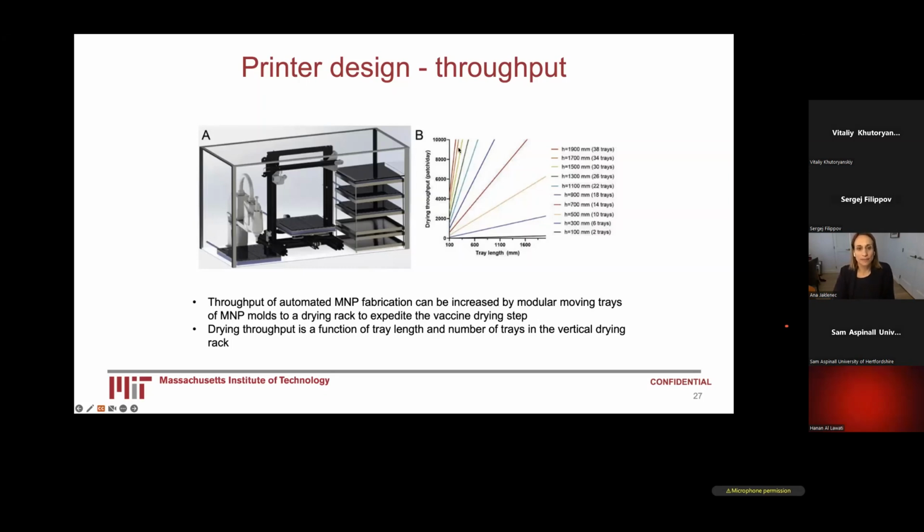And as you can see here, depending on the size of the tray and how many microneedles fit on a tray, you could realistically have thousands of patches printed during a day, which means that in about a week you could have quite a few patches to vaccinate a small village or town or a particular location in a city that might